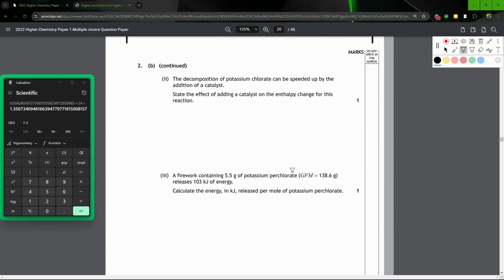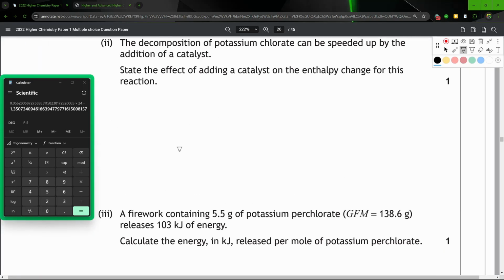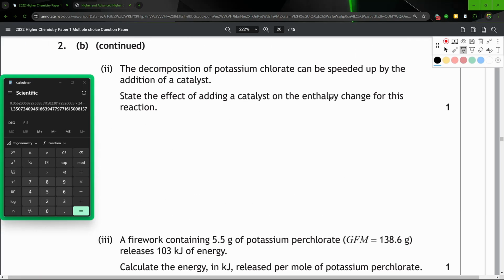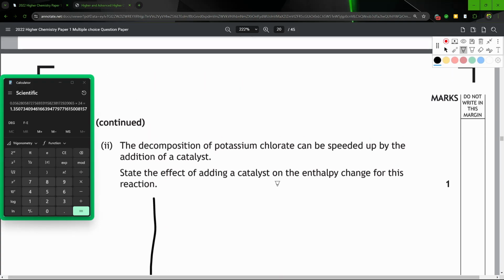The decomposition of potassium chlorate can be speeded up by the addition of a catalyst. State the effect of adding a catalyst on the enthalpy change for this reaction. Okay, so how we're going to figure this out? Well, if you're stuck on stuff like enthalpy change of reaction, what I'll do is I'll actually draw a graph, and